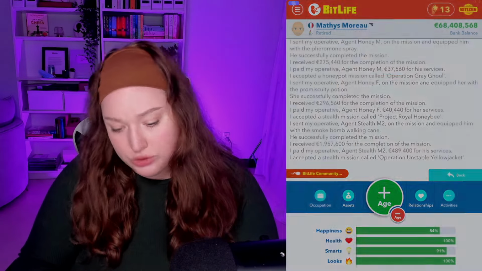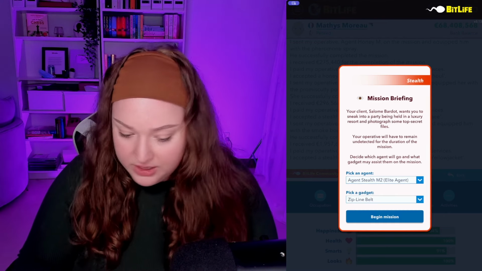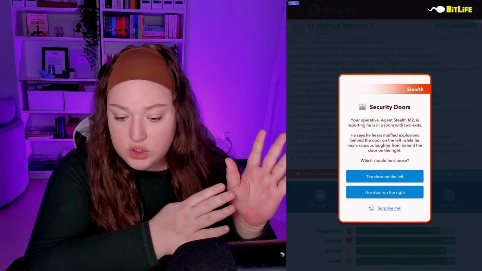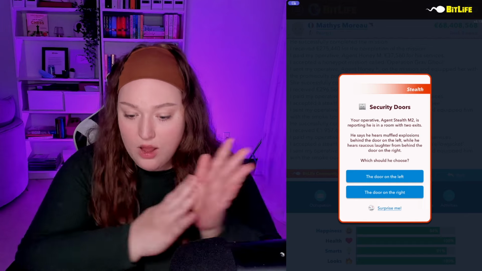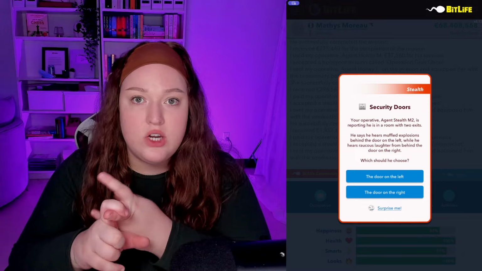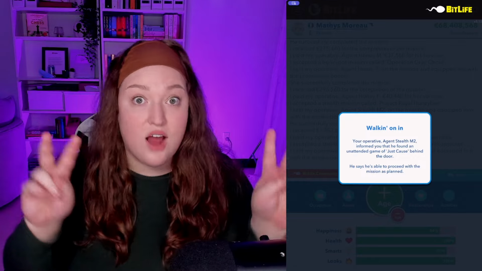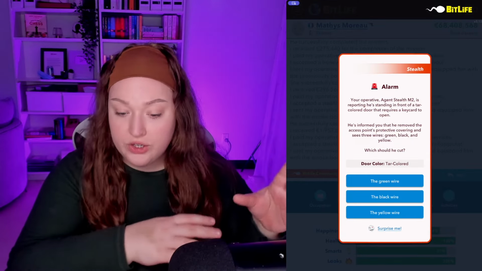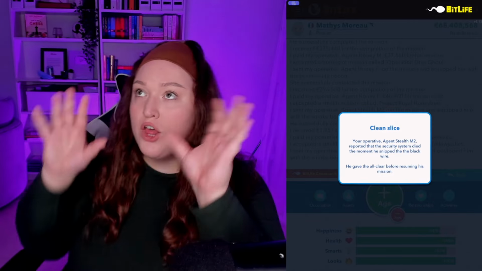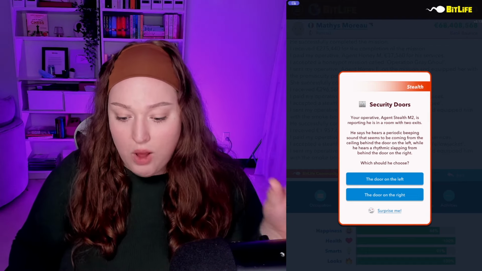Operation Unstable Yellow Jacket. This one has a payout of 3 mil. So let's just do Agent Stealth Elite again. We'll give him the smoke bomb walking cane, and again, muffled explosions behind the door on the left. That one's fine, it's the Fortnite game. And then raucous laughter from behind the door on the right. You never want voices. You never want footsteps. And you never want rhythmic taps or anything. So we're going to go with the door on the left. And as you can see, it was an unattended game. The door is tar colored. Tar is black, therefore we're going to cut the black wire. It's as simple as that. If it's olives, it's the green wire. Periodic beeping sound on the door on the left, while a rhythmic slapping